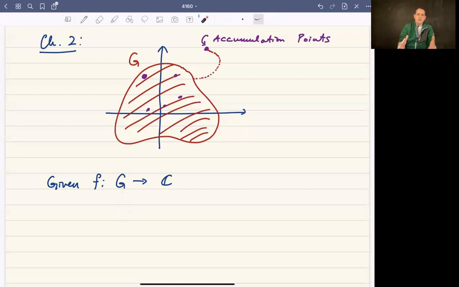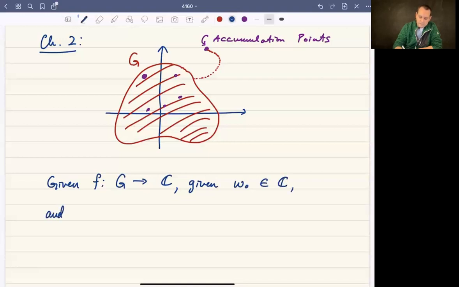G is some region, or some set, I should say, in the complex plane. Its outputs are complex numbers. So given a complex valued function f, and given some complex number omega naught, and given an accumulation point, an accumulation, I can't spell. What do you expect from a math professor? Given an accumulation point, z naught, and this is an accumulation point, I should just emphasize, of G,